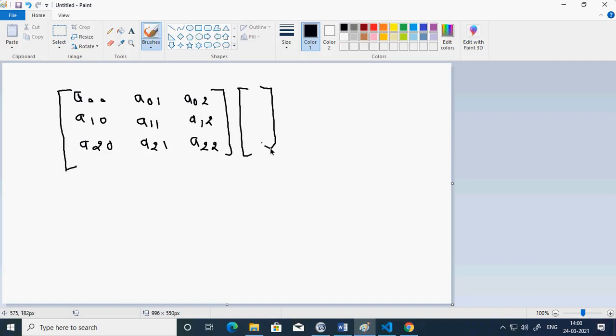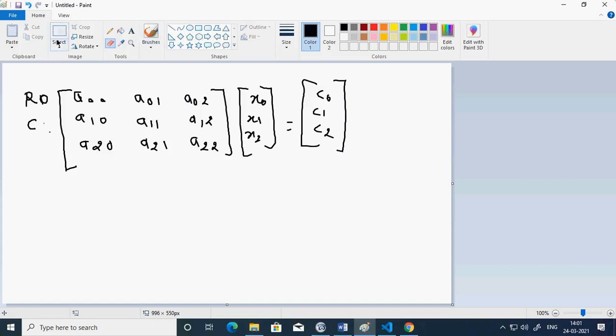So here I have the X matrix, X0, X1, X2. Here I have C0, C1, C2. Now I have the R1 and I have the C2. I will label this as 0, and because I'm working with 0 and 1, I label this as C1. So I have both the indices. This is referred by variable I, and this is referred by variable K. So I have the ith row as well as the kth row.